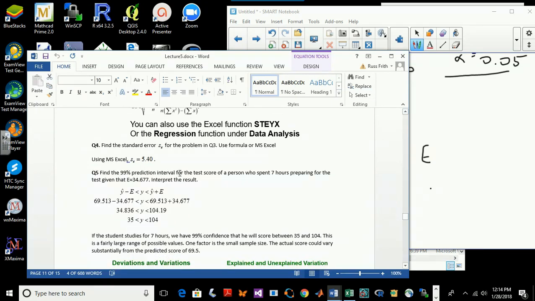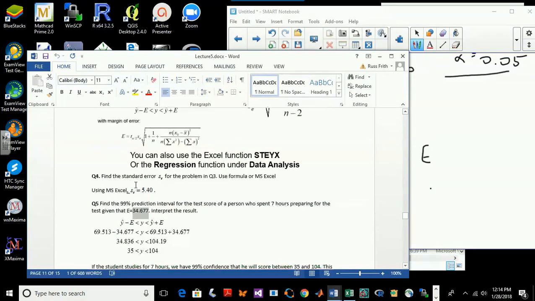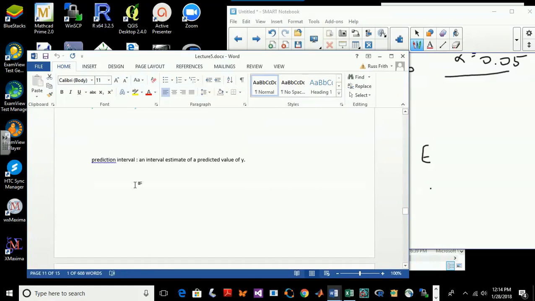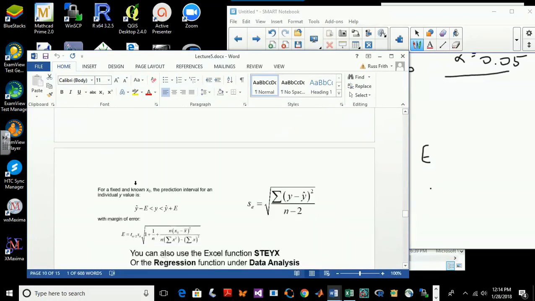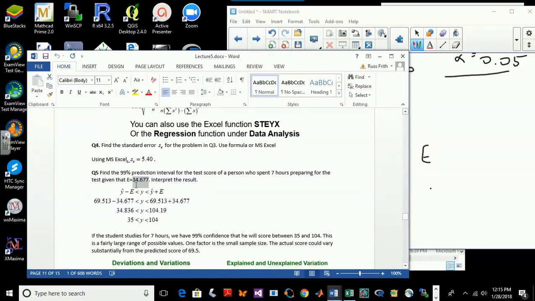Okay, and then the next question is: find the 99% prediction interval for the test score of a person who spent 7 hours preparing. And so we use E is here. Now note that for the prediction for 7, what you do is you take 7 and you substitute it into your